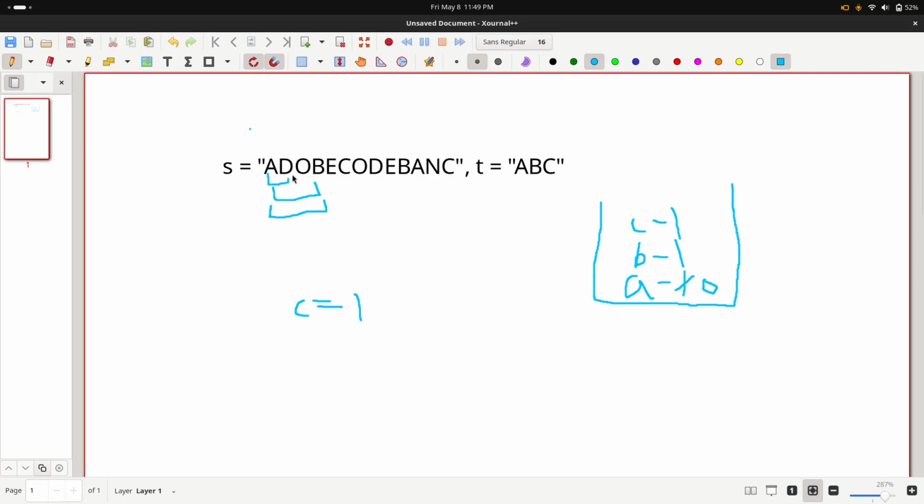After that there is D, so we will mark D as -1. Then O, we mark this also as -1. Then B is present in T, so we will mark it as 0 and increment the count. Again there is E, so we will mark E as -1. Then C has frequency 1, so we decrement it and it will be 0. And finally we got the substring which is